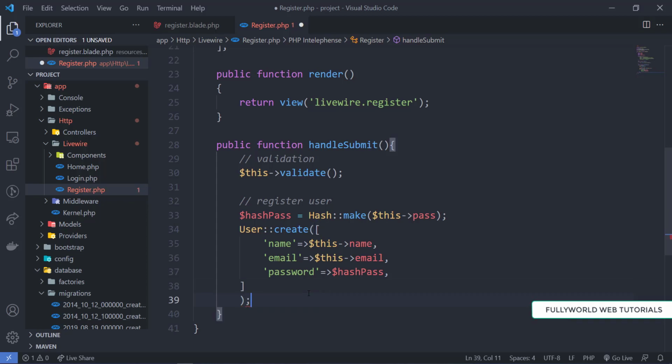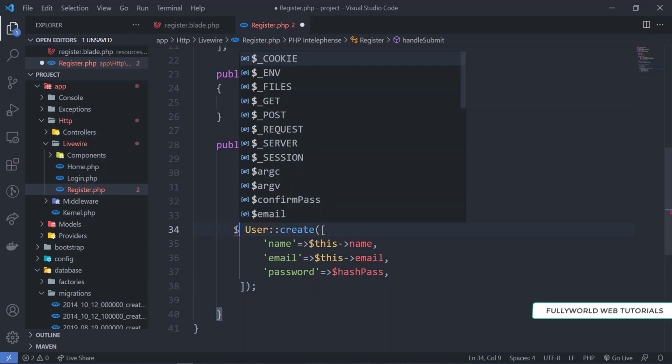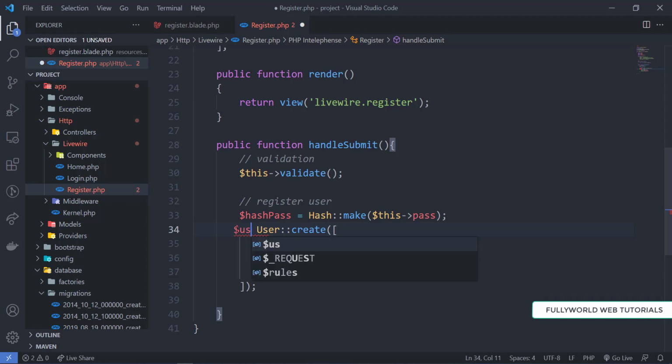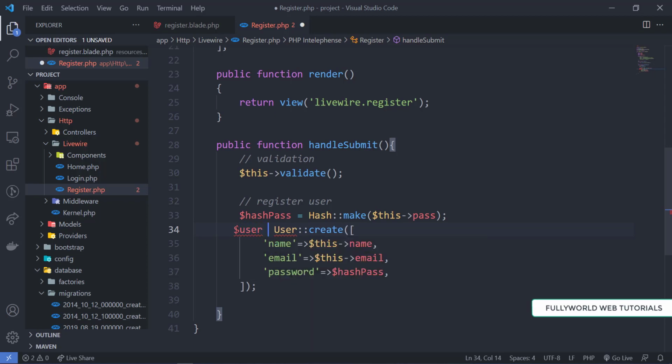Now save it, and we will see if the user is created or not. So here I am going to write $user = this.